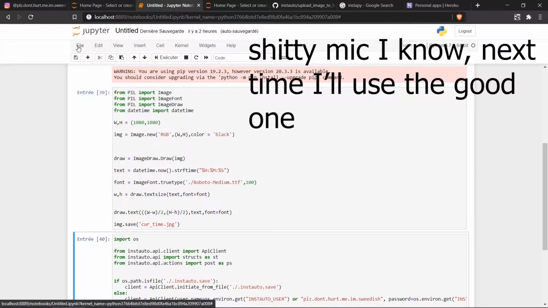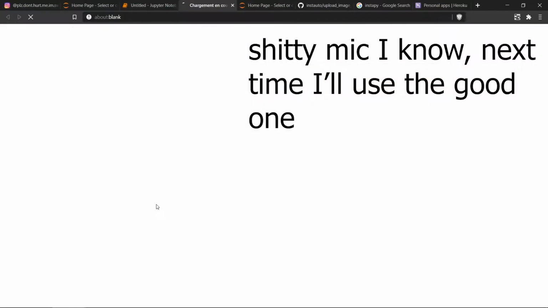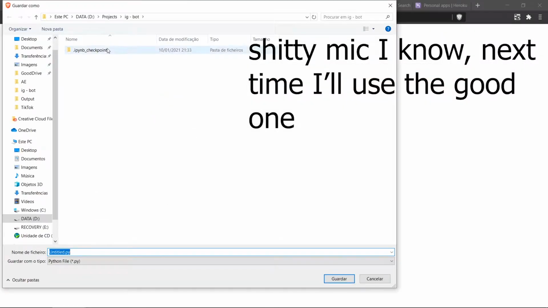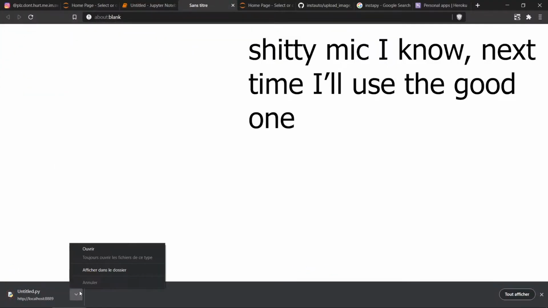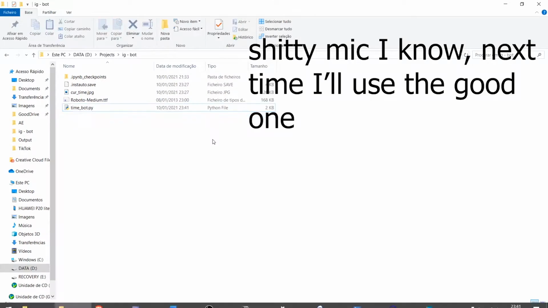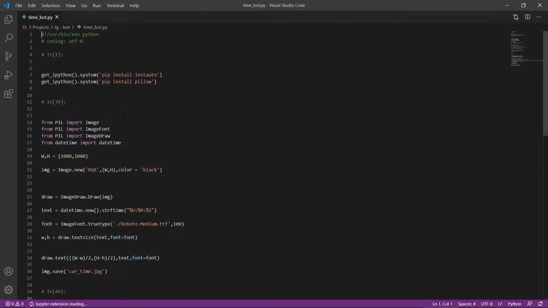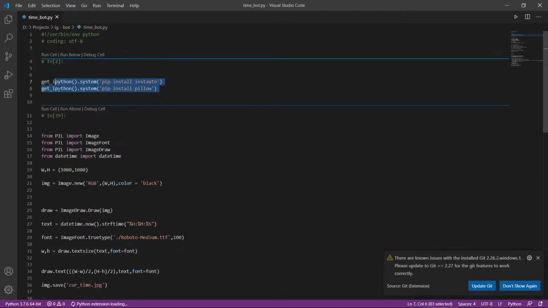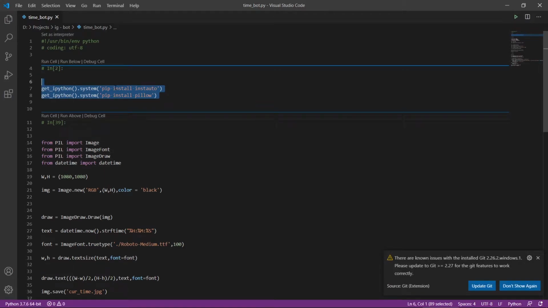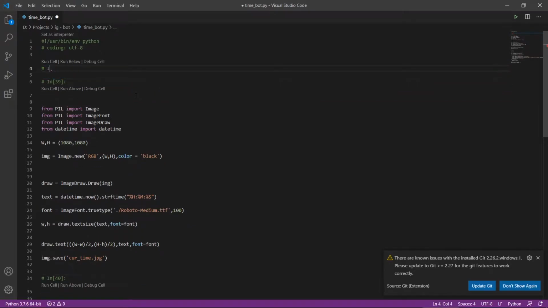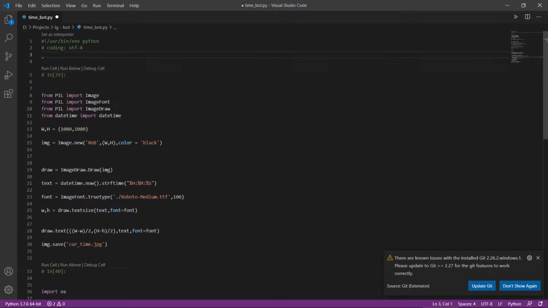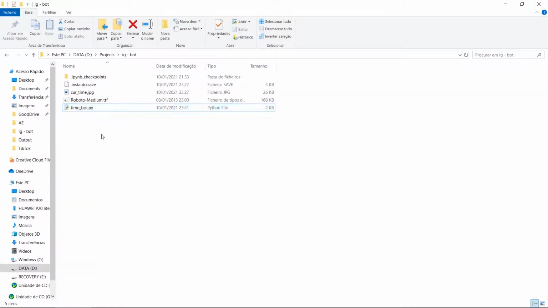So let's turn this into a script. All you have to do is download as Python, and there you go. You have a Python script with the code that was there. And let's see it in the folder. Okay, this will generate this file over here, and if I open it up, you'll see that it has the basic Python stuff, but you'll just have to delete these first two lines, which would install instauto and pillow, but in this case this will be done somewhere else, so we can just delete that, close, and then here